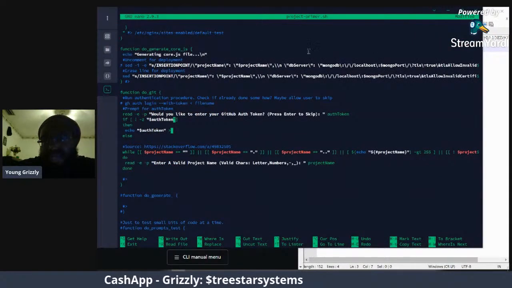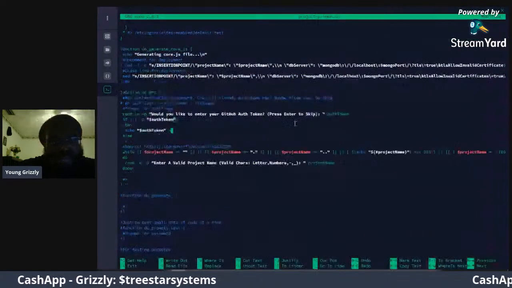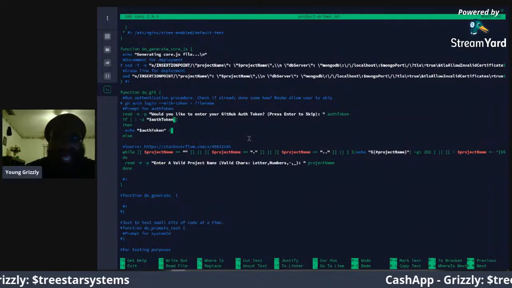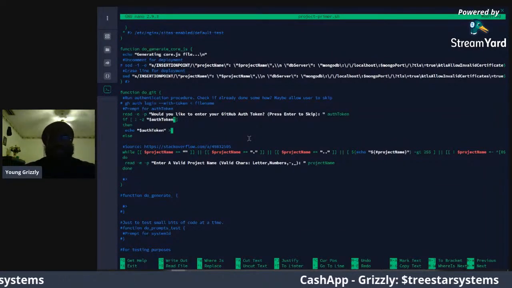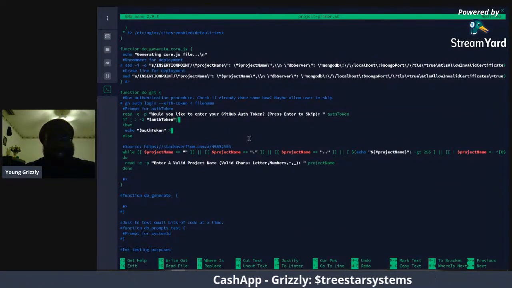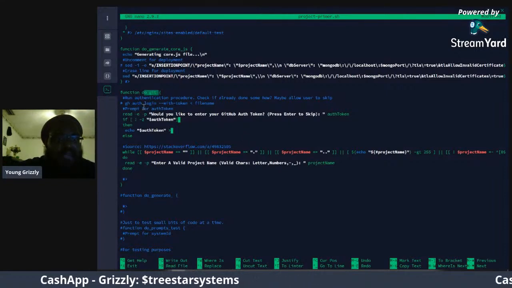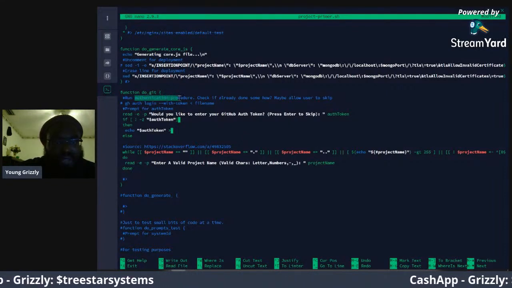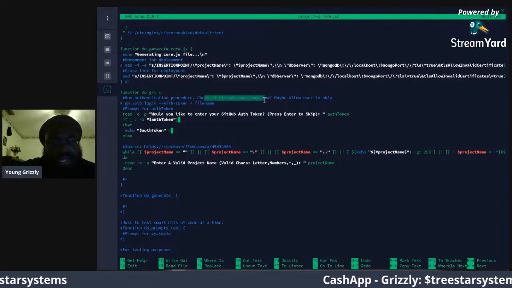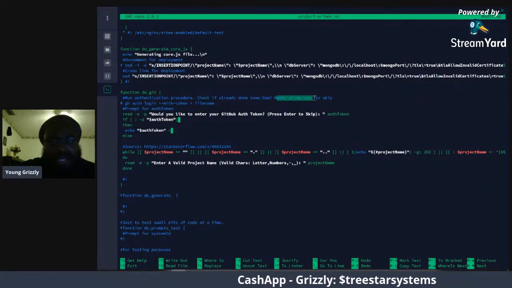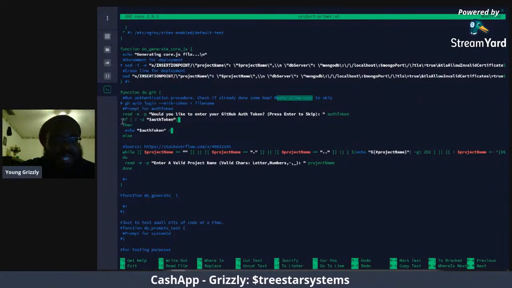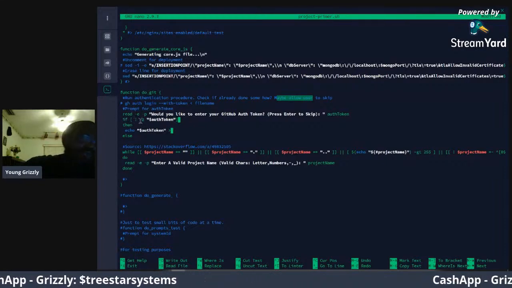Try to maximize the text for you guys, but sometimes it's hard to. I need more lines, need a little bit more space, but we'll work with it here. So in this case, we're working on this new function do git. Part of it, we're running the authentication procedure, check if it's already done somehow, and then maybe allow the user to skip. So in this case, the user hasn't skipped. If we do in bash, if we wanted to test for an empty string,